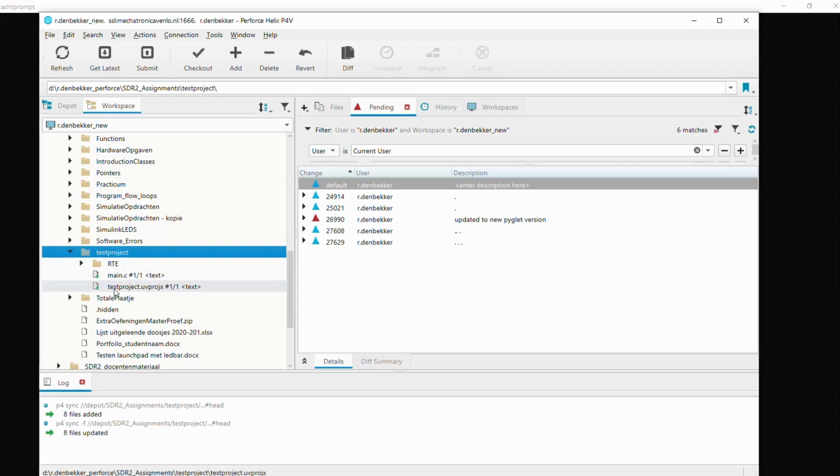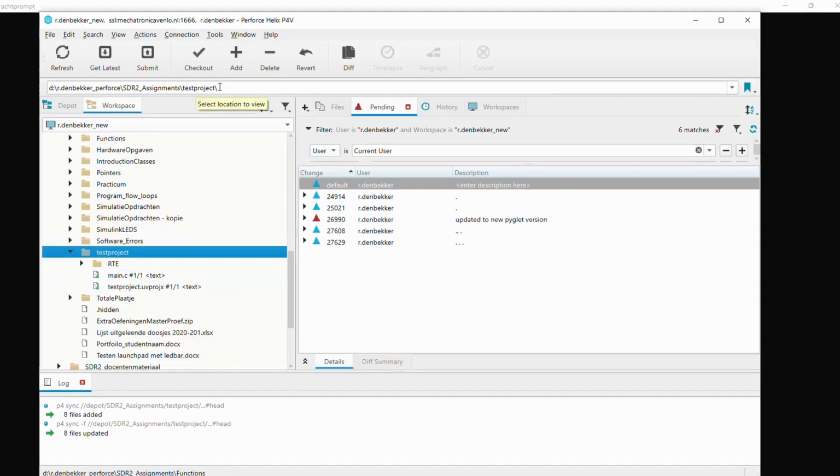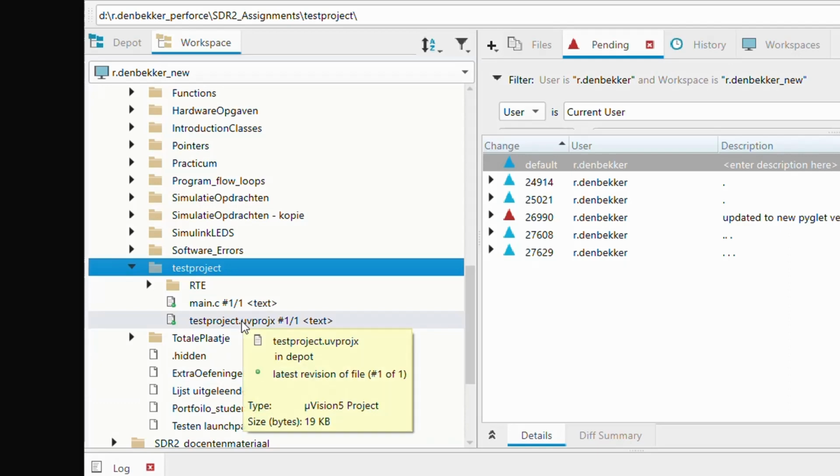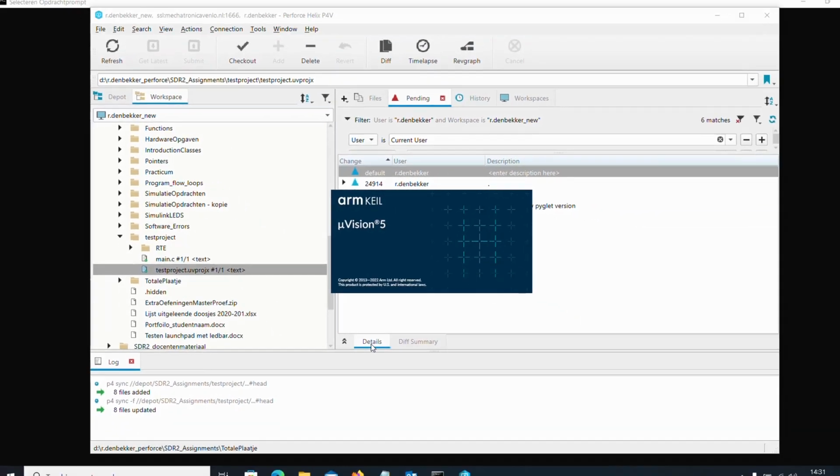Here's your test project, and this is your project itself. You can double click here or go to the proper position here, which is your workspace on your laptop. I'll do it from here. Double click on the project X file. It will start Keil,